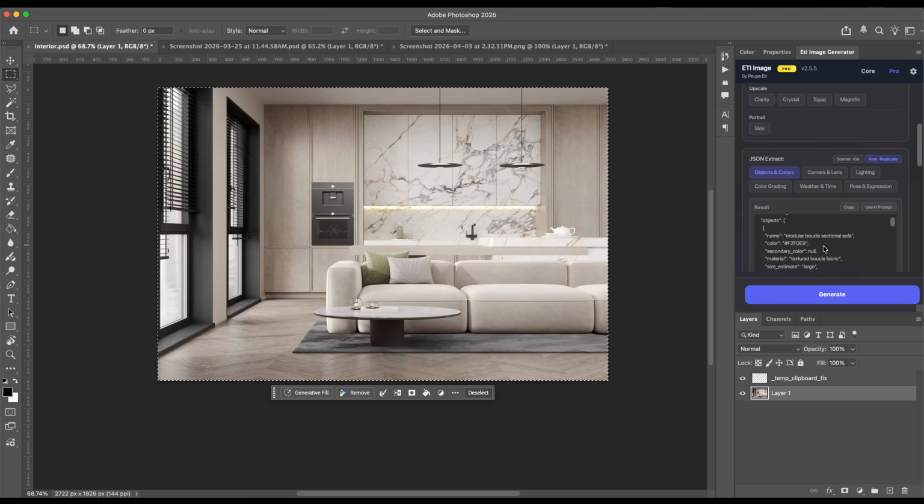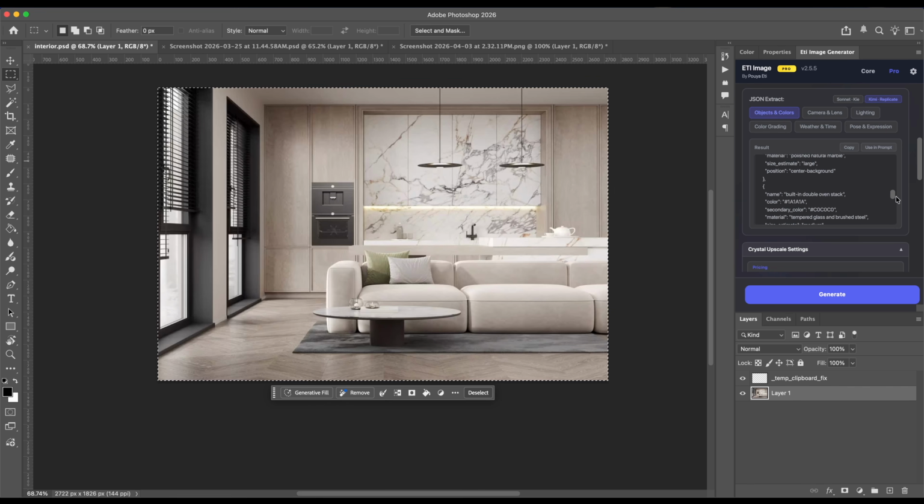So the result is ready. As you can see, it's a long text, and what it did is that it analyzed our image and it found each single object that we have in the scene. For example, here we have a sofa, which is this one. And here we have all the information about it, the color of the sofa, so it doesn't have secondary color, and the texture of the sofa, the size of the sofa, the location or the position of the sofa, everything is here. And the way it works is that you can just copy it or click on use in prompt,